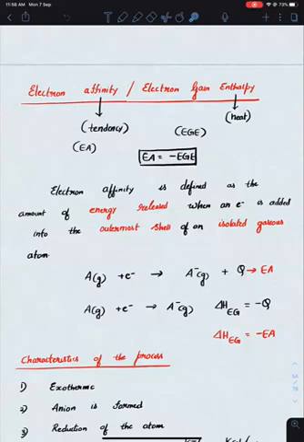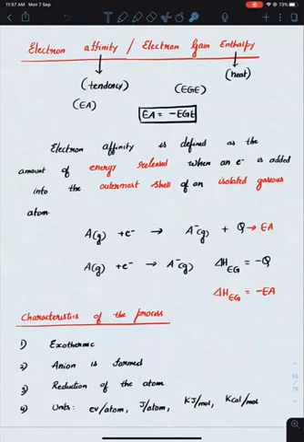If an atom is having positive affinity to accept an electron, then it will be releasing energy. So whenever it gains an electron, the enthalpy change will be negative. It will be releasing energy, exothermic. Okay, electron affinity and electron gain enthalpy are opposite to each other. ये याद रखना. And electron affinity is defined as the amount of energy released when an electron is added to the outermost shell of an isolated gaseous atom.